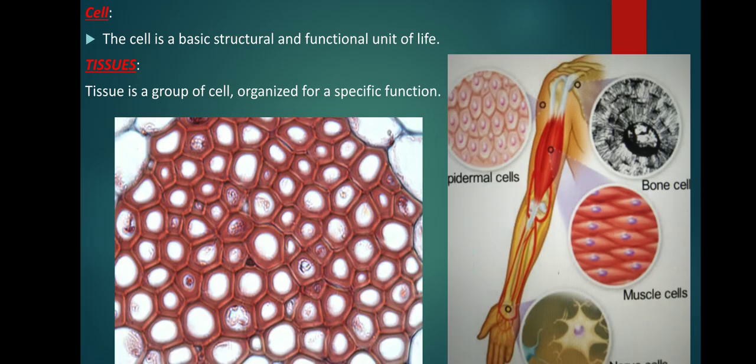Next one, tissue. A tissue is one of the building blocks of an organism, either animal or plant. An organism is comprised of tissues, which are made up of individual cells. The cells share a similar structure, how they are built, and function, what they do. The study of tissue is a field known as histology.